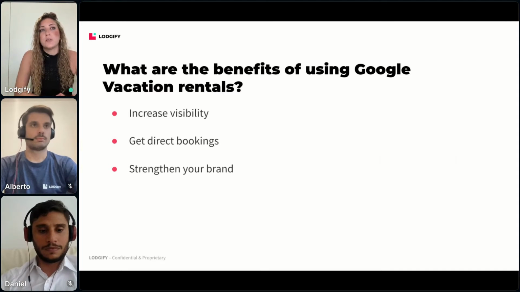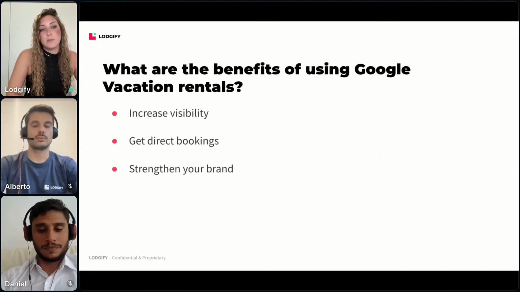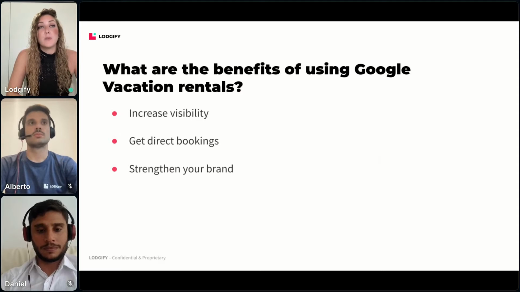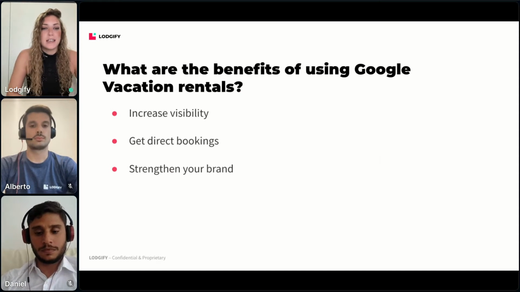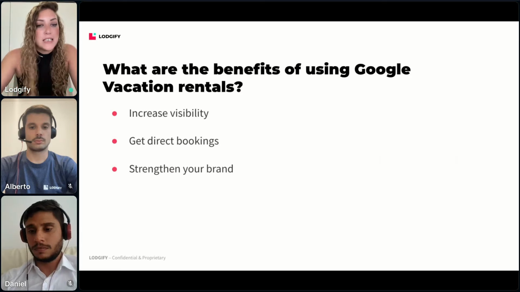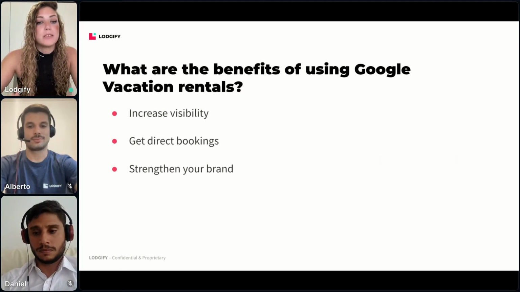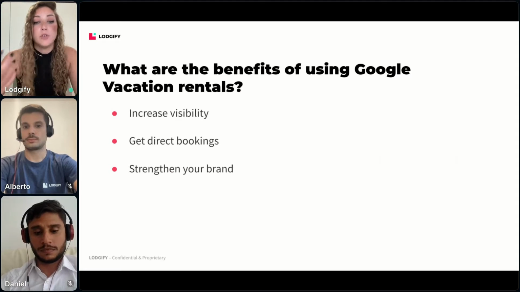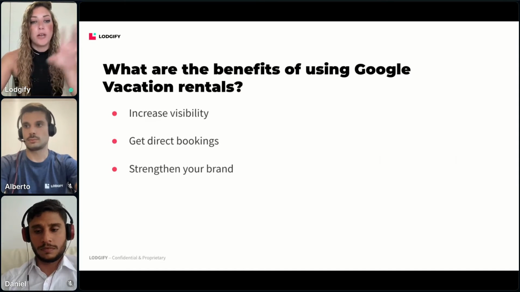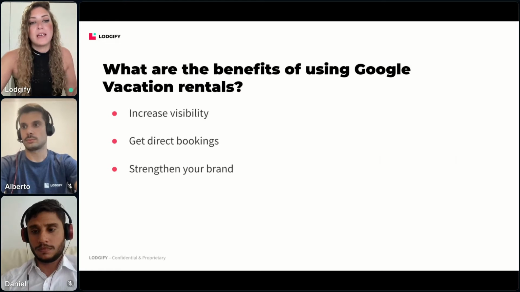Through Google Vacation Rental, you can strengthen your brand. What does it mean? Because the booking happens on the website, the guest at some point will be able to see your website. They will be able to see your logo. They will be able to see any information that you have added about your company, your business. This will build your brand. This will build engagement with the guests, credibility. So it's an opportunity for you to make your brand stand out,